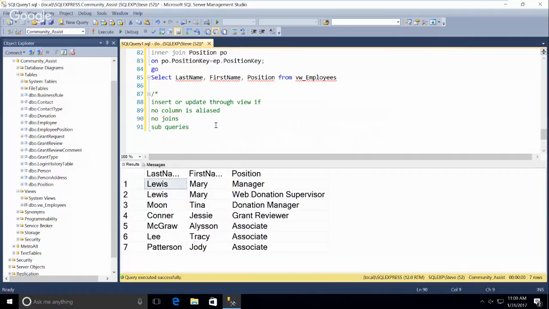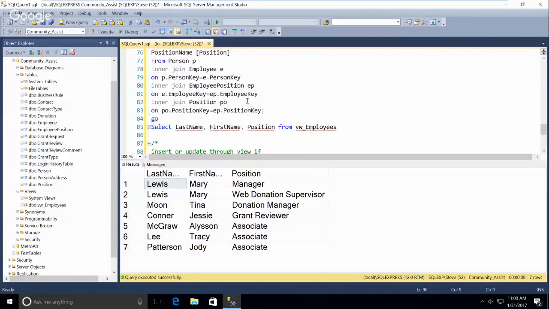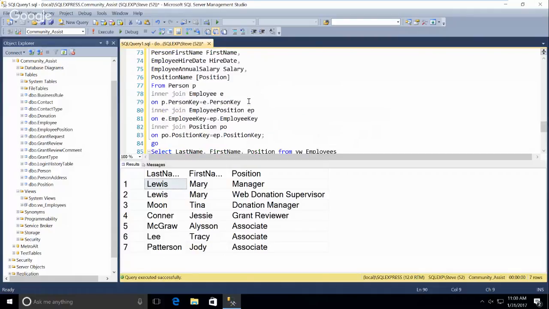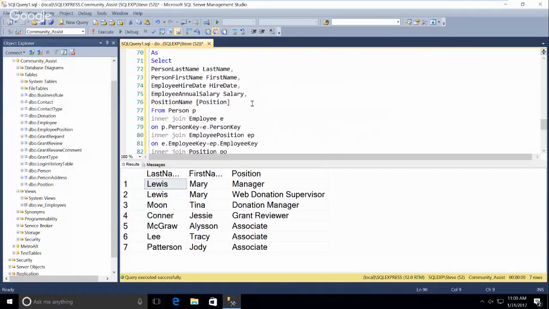If there are joins, it probably won't work. It certainly won't work if there are any subqueries in the view. You almost want to make them complicated so that your end users don't have any opportunity to modify. Right. Although again, you can give them